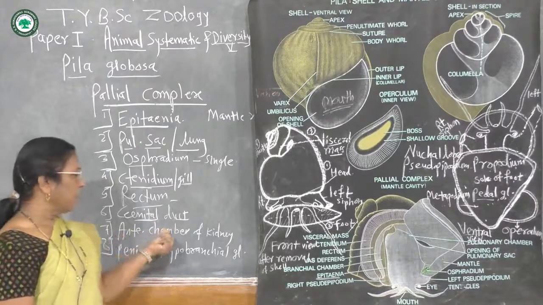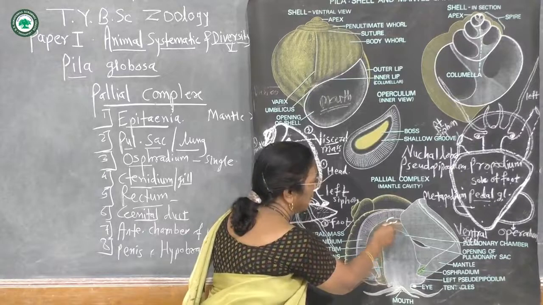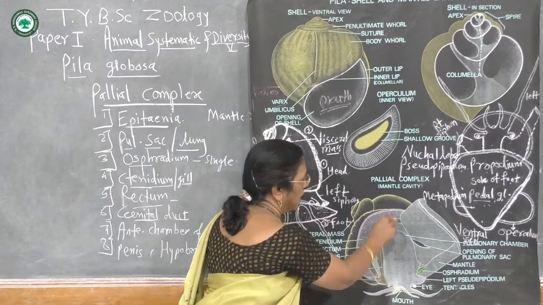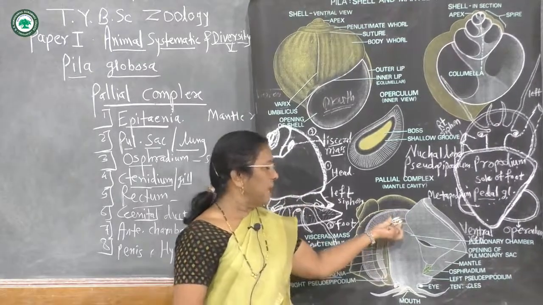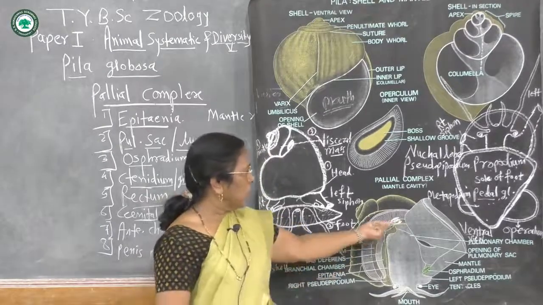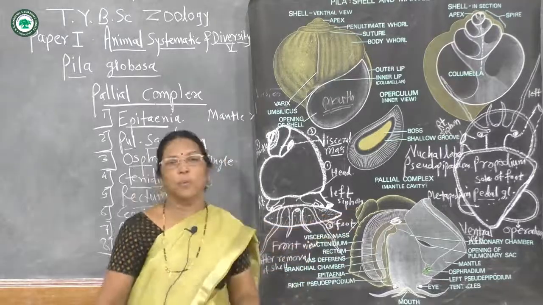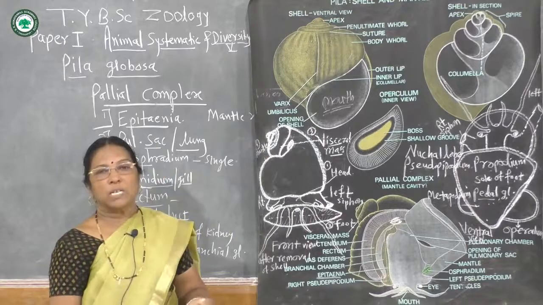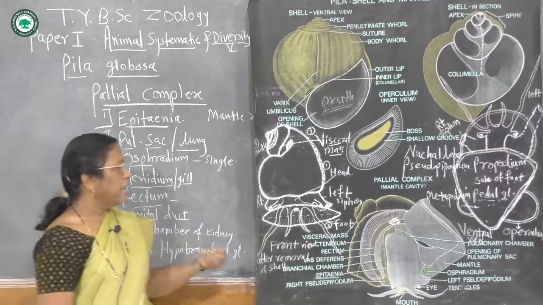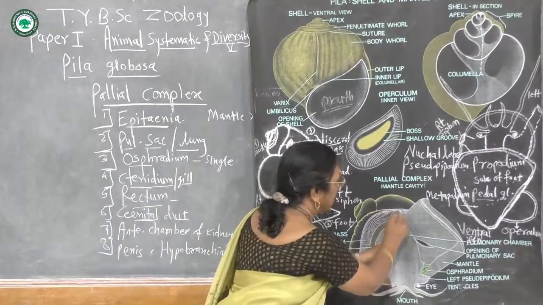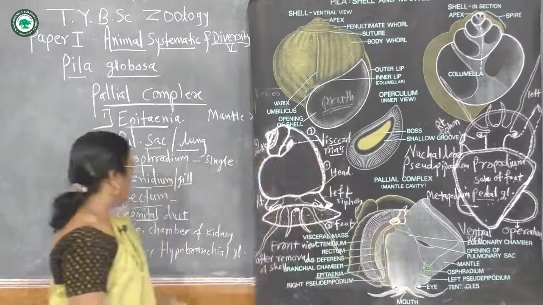Then the anterior chamber of the kidney. Here near the epithenia there is the anterior renal chamber which is reddish in color and has numerous lamellae on both surfaces. They are also called leaflets. They are also supplied with afferent and efferent blood vessels and help excrete nitrogenous waste from the blood. This is the anterior chamber of the kidney. On its left side there is the posterior renal chamber, but it lies back to this pulmonary sac.